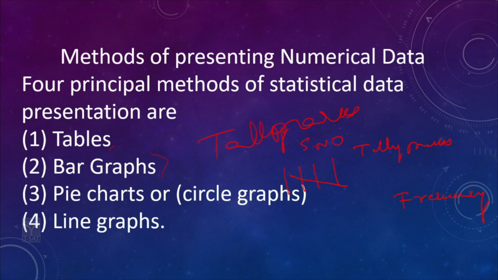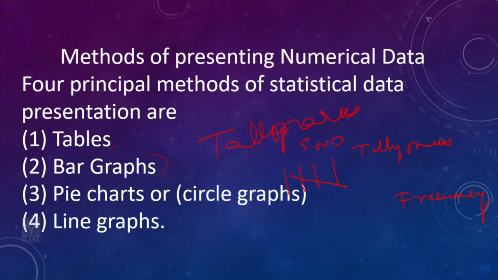Here the very important thing I will discuss is what a bar graph is. In a bar graph, the class size will be considered as the width of the rectangle and the frequency will be considered as the length of the rectangle. This is very important information about bar graphs. The width of the rectangle gives the size of the class and the length of the rectangle gives the frequency of the data of that class. In bar graphs, we have rectangles.